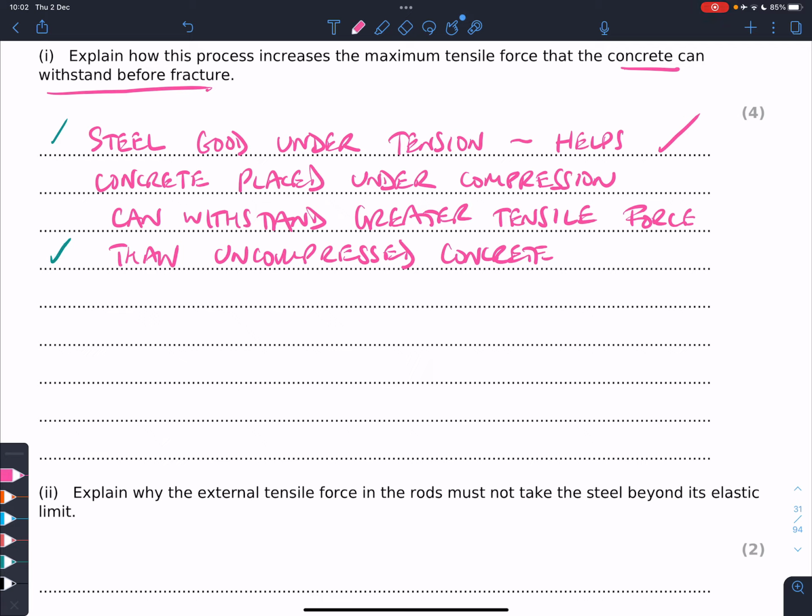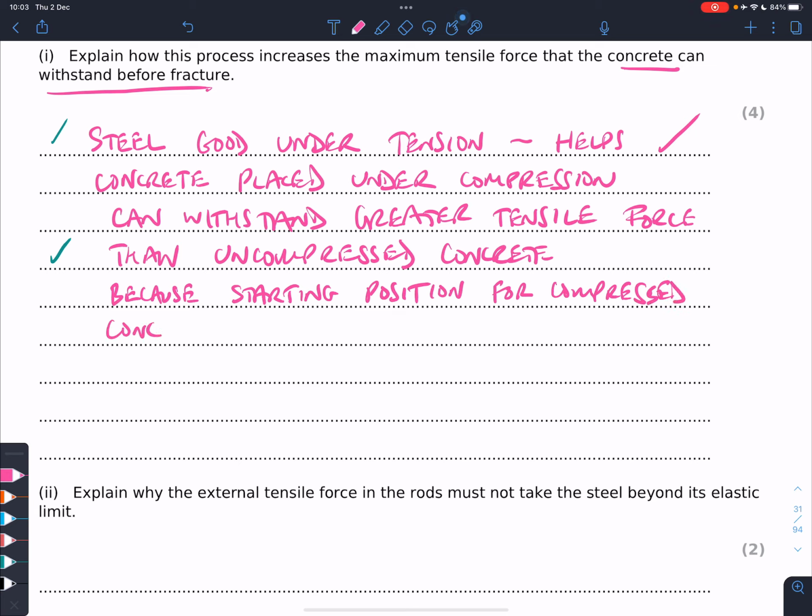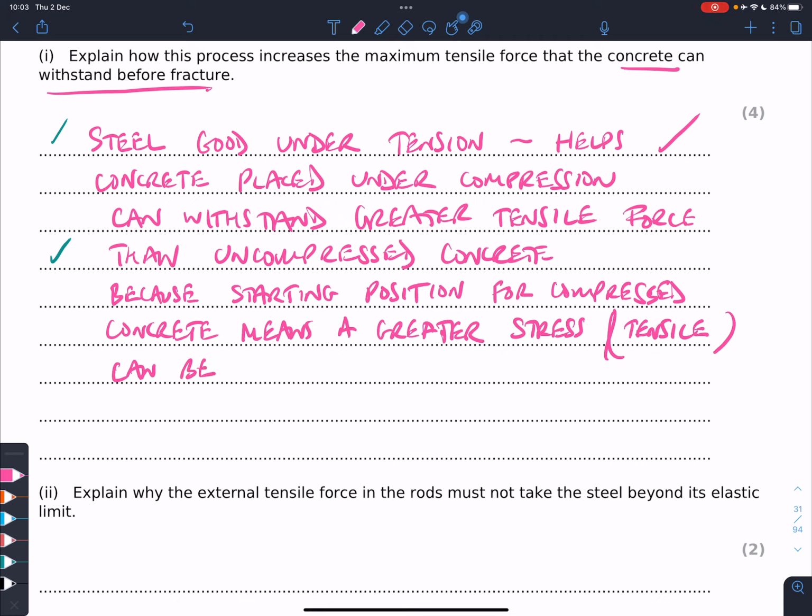This means that, and probably say, because the starting position for compressed concrete means a greater stress in the tensile direction, tensile of course, can be placed on the concrete before it fractures